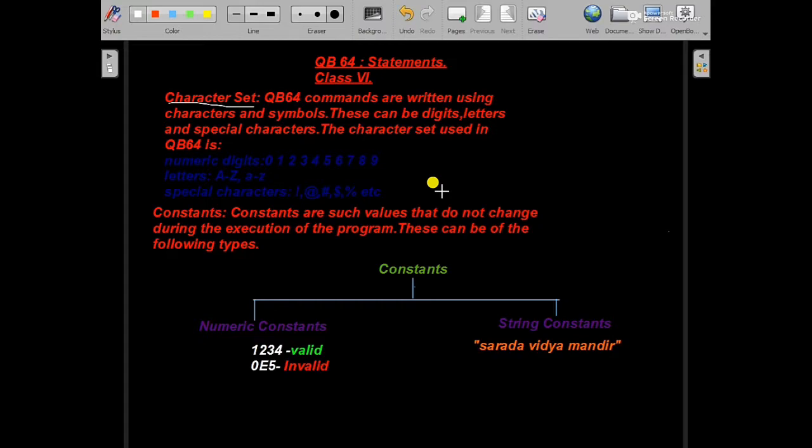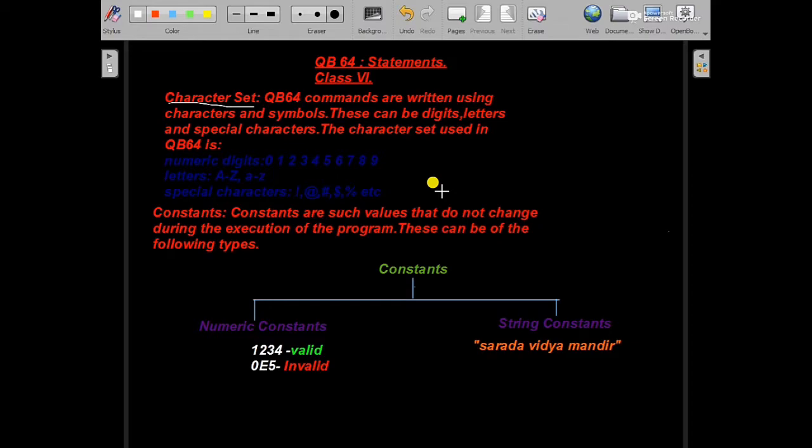Constants are normally of two types: numeric constants and string constants. Examples of numeric constants: 1, 2, 3, 4. What is a numeric constant? These are number digits, that is integers or real numbers, and can be either positive or negative.